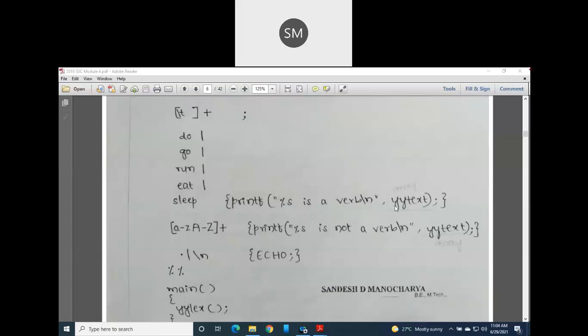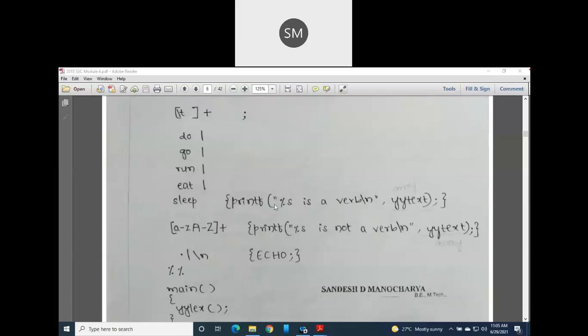That array is called yytext, which I usually consider here as a variable. So the %s value is nothing but the value of the variable yytext. Whatever verb you have recognized and stored in yytext will be displayed, and it is a verb. It will display "sleep is a verb".